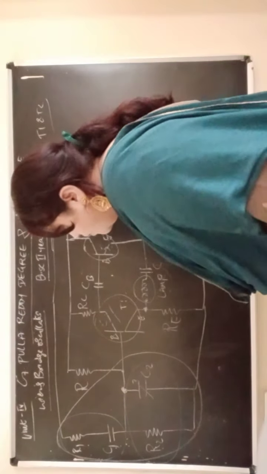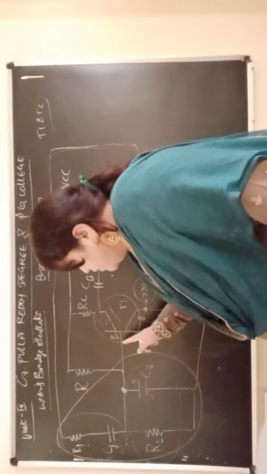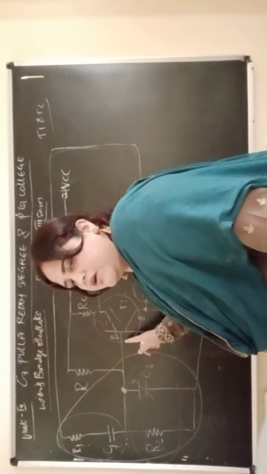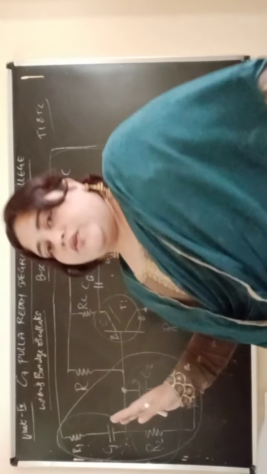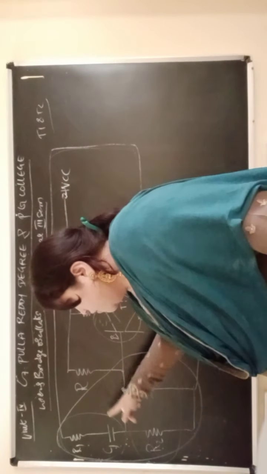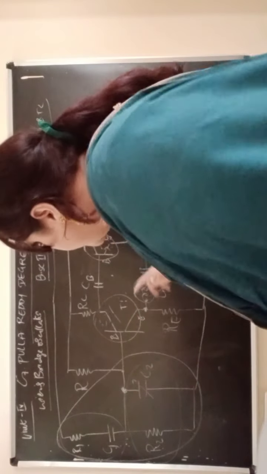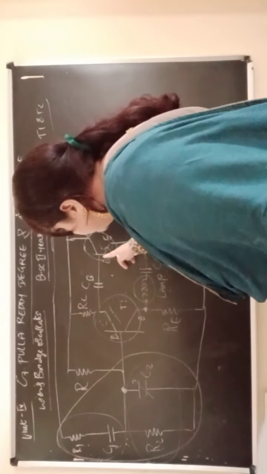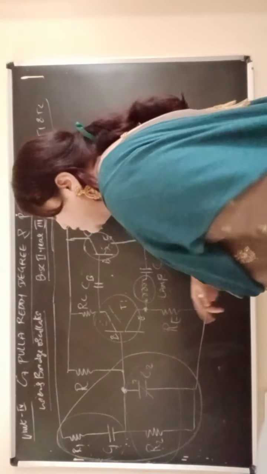Now in operation, what will you tell? First, the input of the first transistor you are getting from the Wien bridge network. In circuit description, you have to tell that the first input of the first transistor you are getting with the help of the Wien bridge network. Remember this point. Then the output of this is going as an input to the second. Remember this.